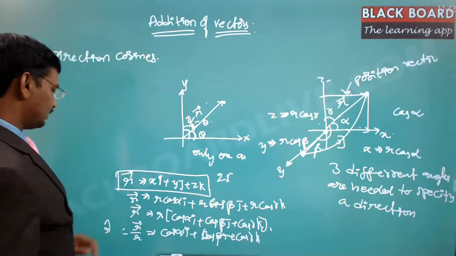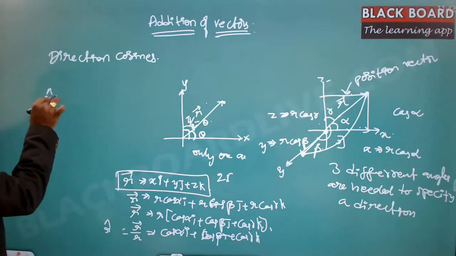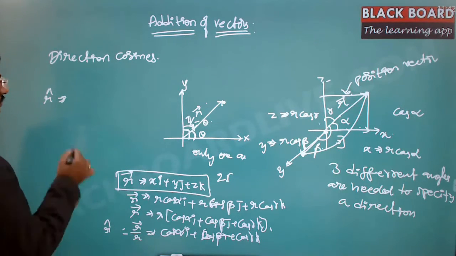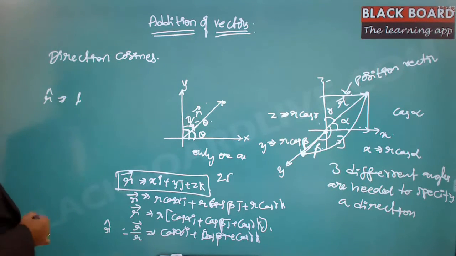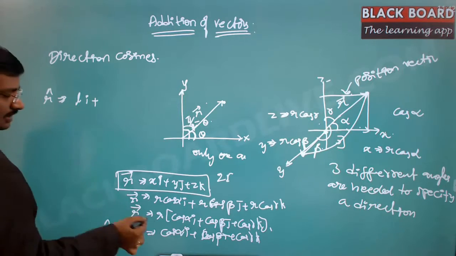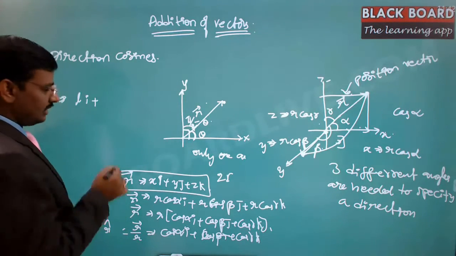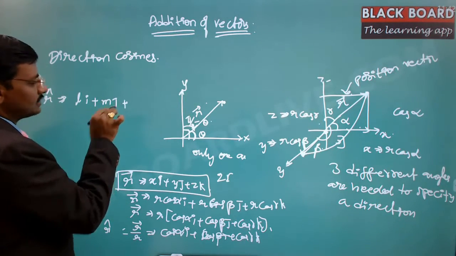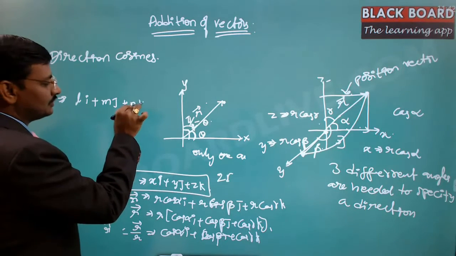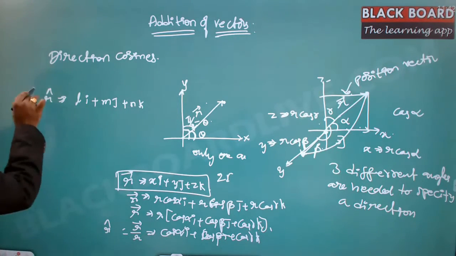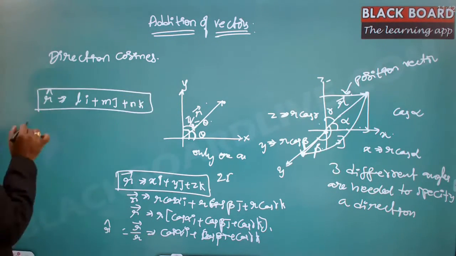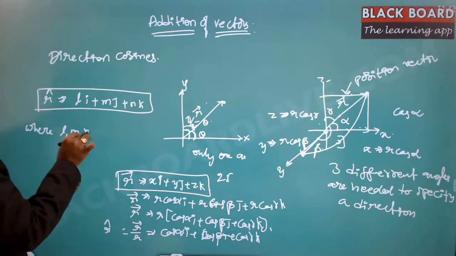Hence this r cap can always be written with cos alpha usually represented with a letter L, cos beta usually represented with a letter M, and cos gamma represented with N. So r cap is equal to Li plus Mj plus Nk, where L, M, N are